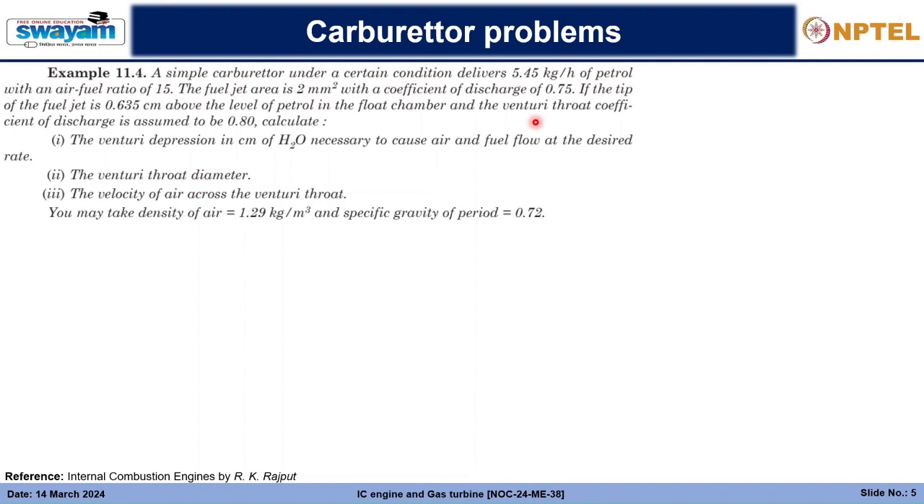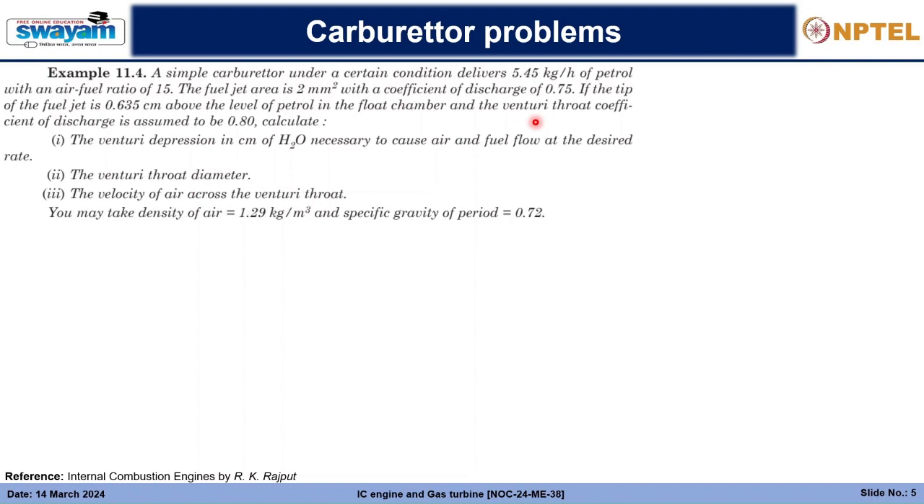So let me read it out. A simple carburetor under a certain condition delivers 5.45 kg per hour of petrol with an air fuel ratio of 15. The fuel jet area is 2 millimeter square with a coefficient of discharge of 0.75. If the tip of the fuel jet is 0.635 centimeter above the level of petrol in the float chamber, and the venturi throat coefficient of discharge is assumed to be 80%,